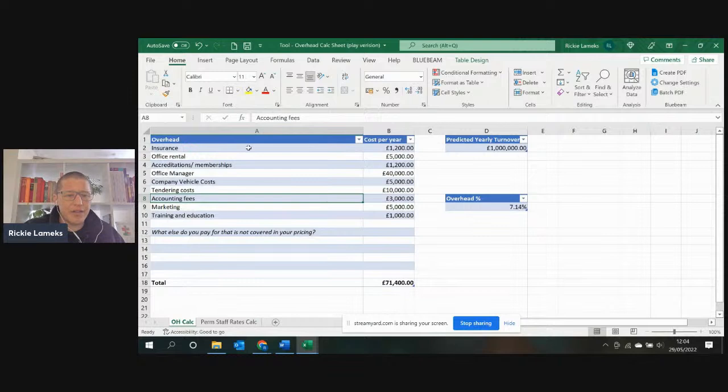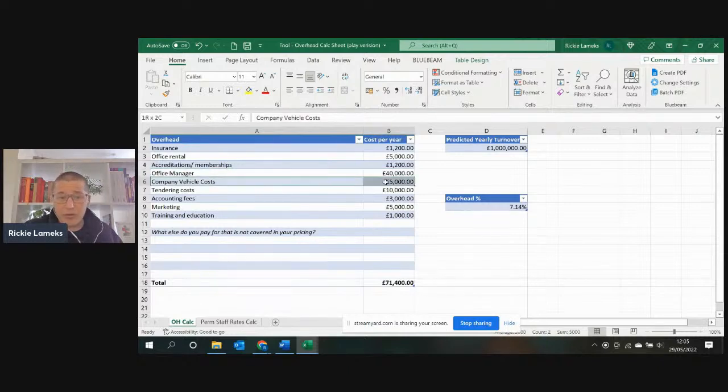So for my business, I've deemed my overhead expenses as insurance at £1,200, my office rental, accreditations and memberships. I have an office manager. So this is a staff member that I employ that sits in the office that manages things outside of the project, for example.